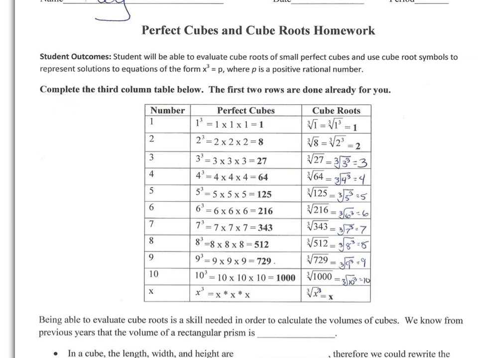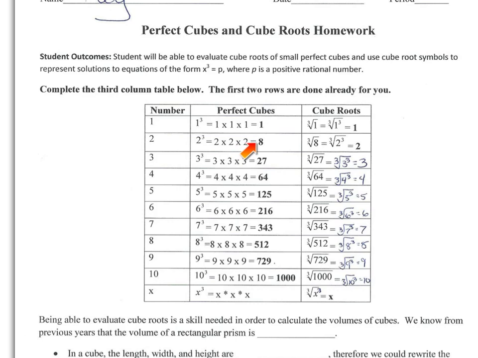So again, just like yesterday's table, we have the numbers 1 through 10 and then we generalize it to x. And I have examples here. When I give you the number 1 and I ask you to cube 1, I'm asking you to take 1 and multiply it by itself 2 more times. So 1 times 1 times 1 equals 1. When I'm asking you to take 2 and cube it, I'm asking you to do 2 times 2 times 2,